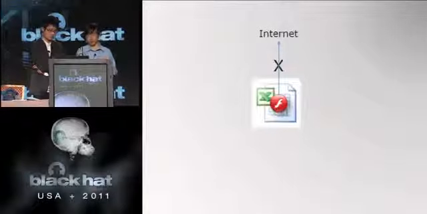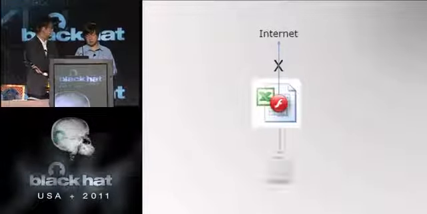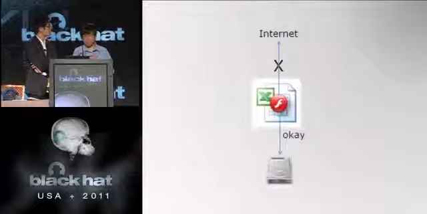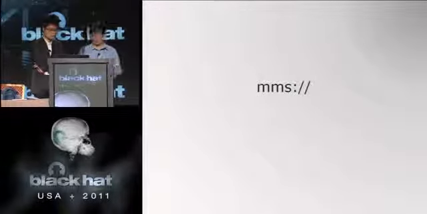We embed a Flash object in an Office document. It works on Word as well. This Flash object is allowed to access local files and not allowed to access the internet. So it is okay to access files on your disk, and it is not okay to connect to the internet. That is the policy control, the sandbox control.